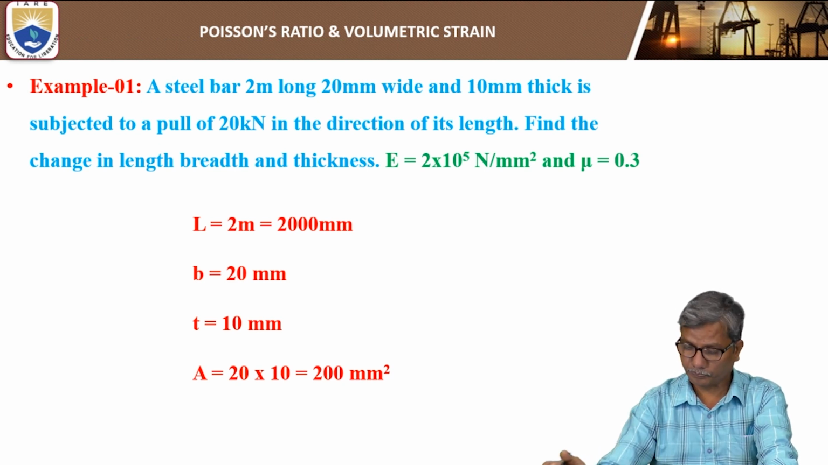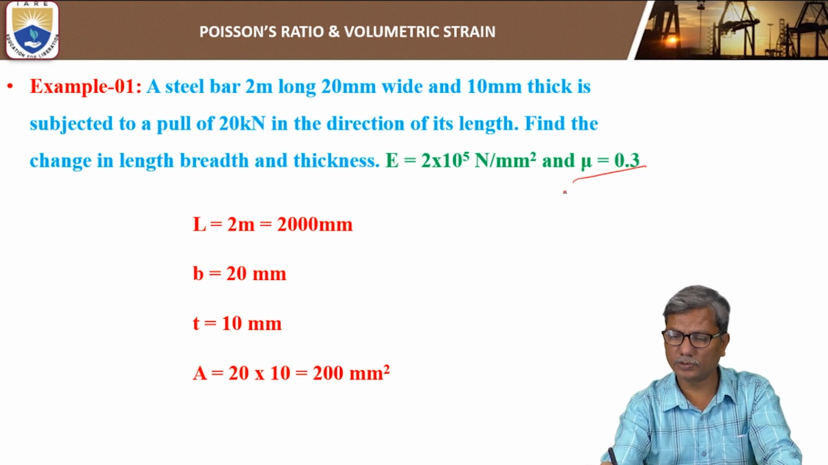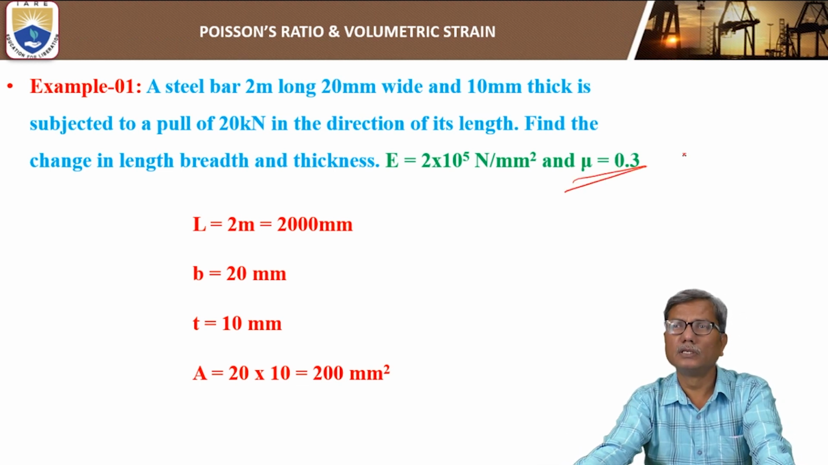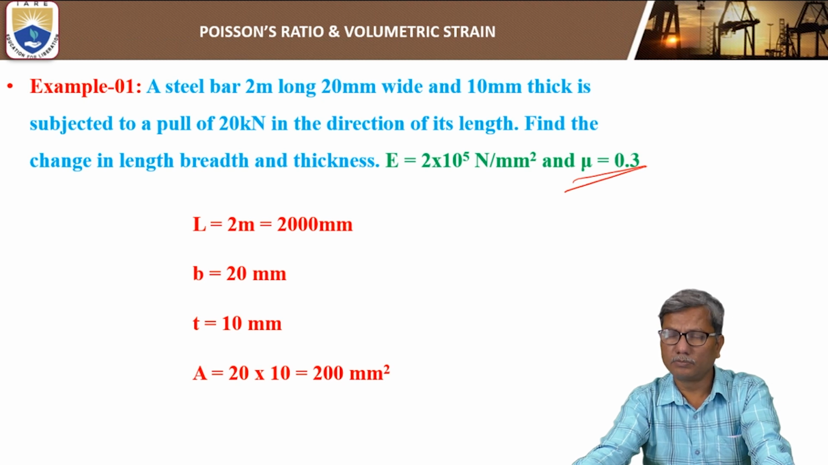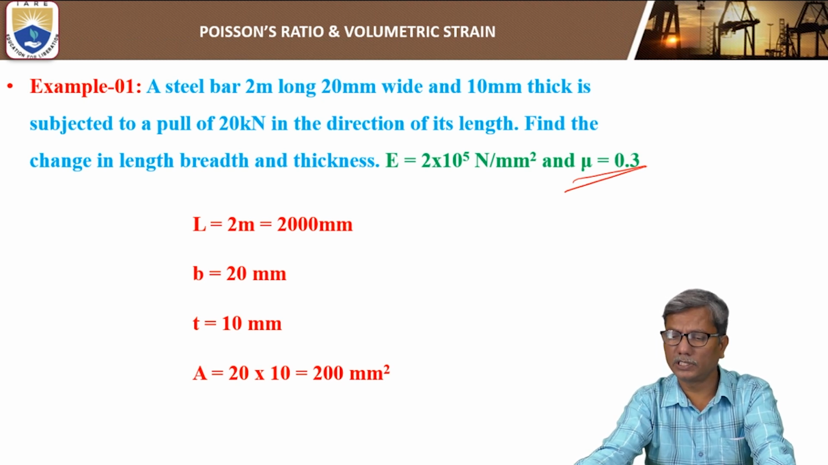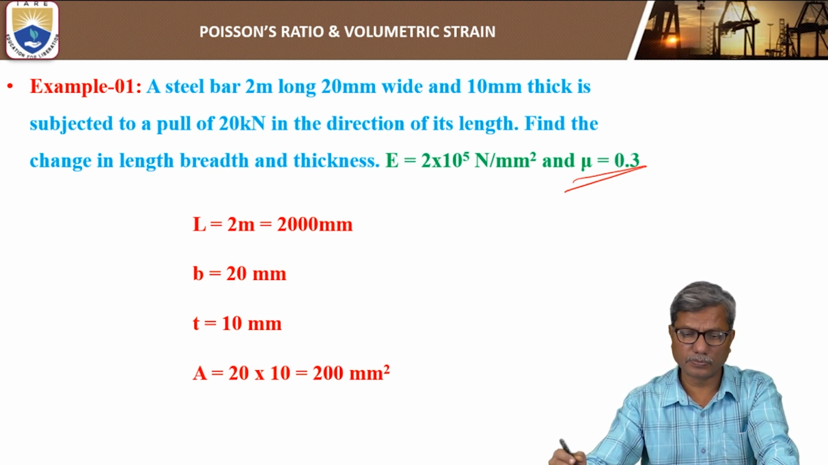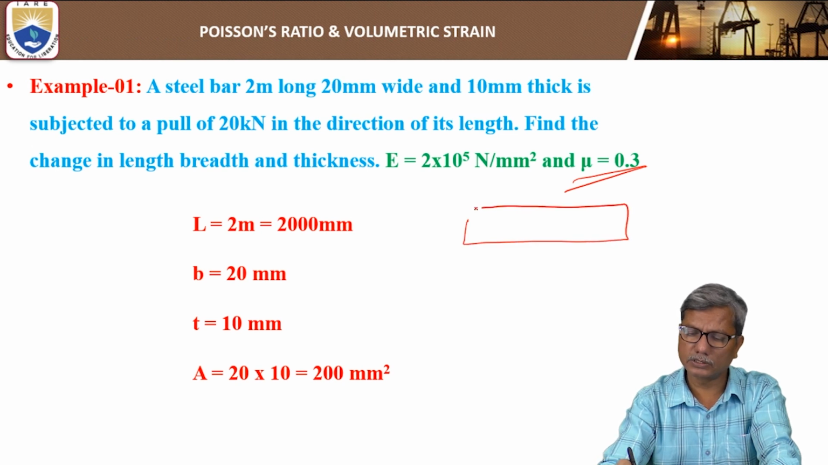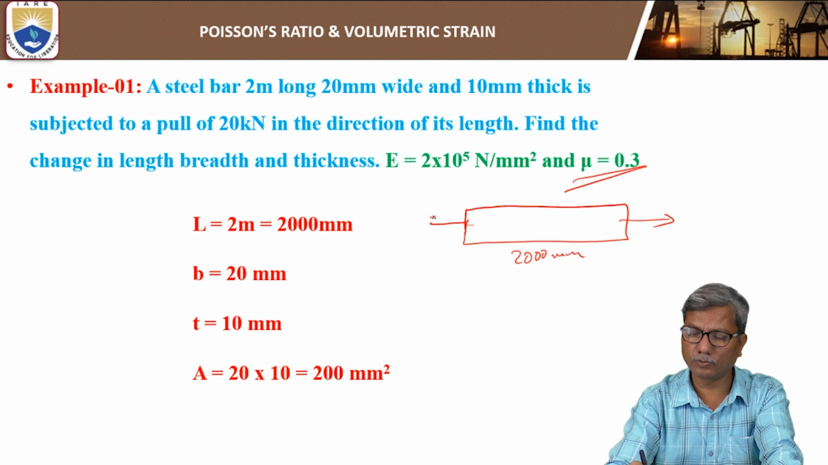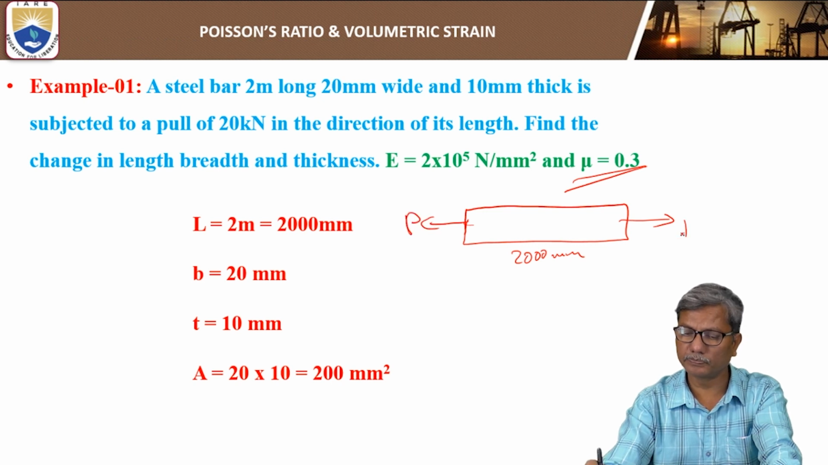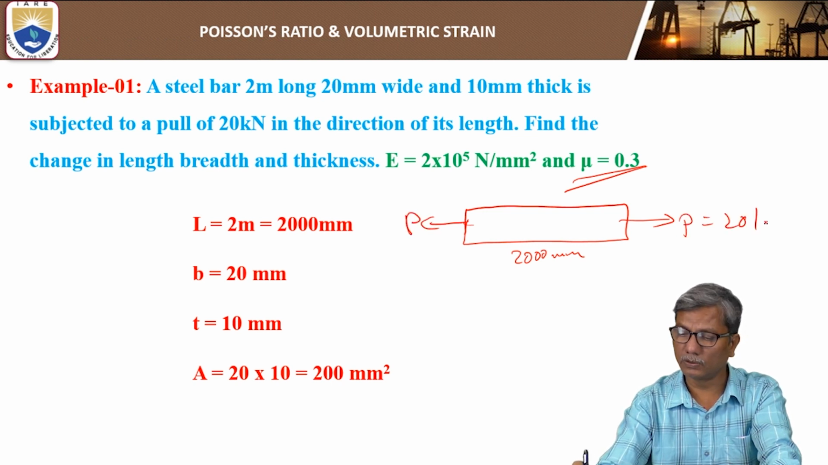As I told you, this Poisson's ratio depends on the material, it changes. Okay, for a material, it remains constant. Now, the bar is of length 2 meters. In millimeters, it is 2000. Subjected to an axial pull P of 20 kilonewtons,